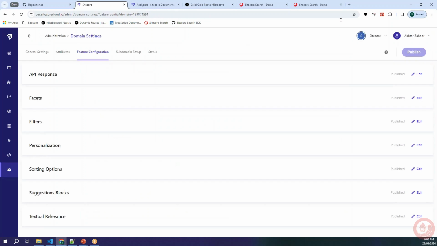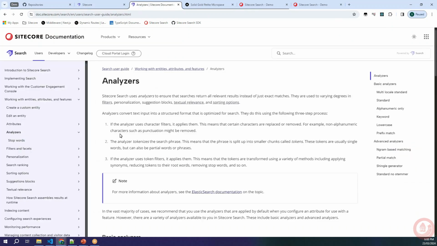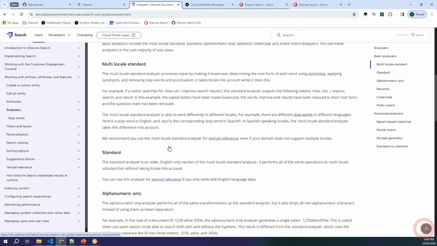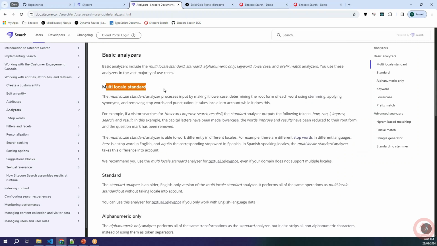An important aspect of Sitecore Search is the analyzers. Analyzers are the algorithms that are running in the background to let you define how Sitecore Search will index the documents, and when you are searching for something, how it is going to match it against them. There are multiple analyzers here. You can look into any of those, like how to use them. We usually start with the multi-locale one, which knows about the language and all,